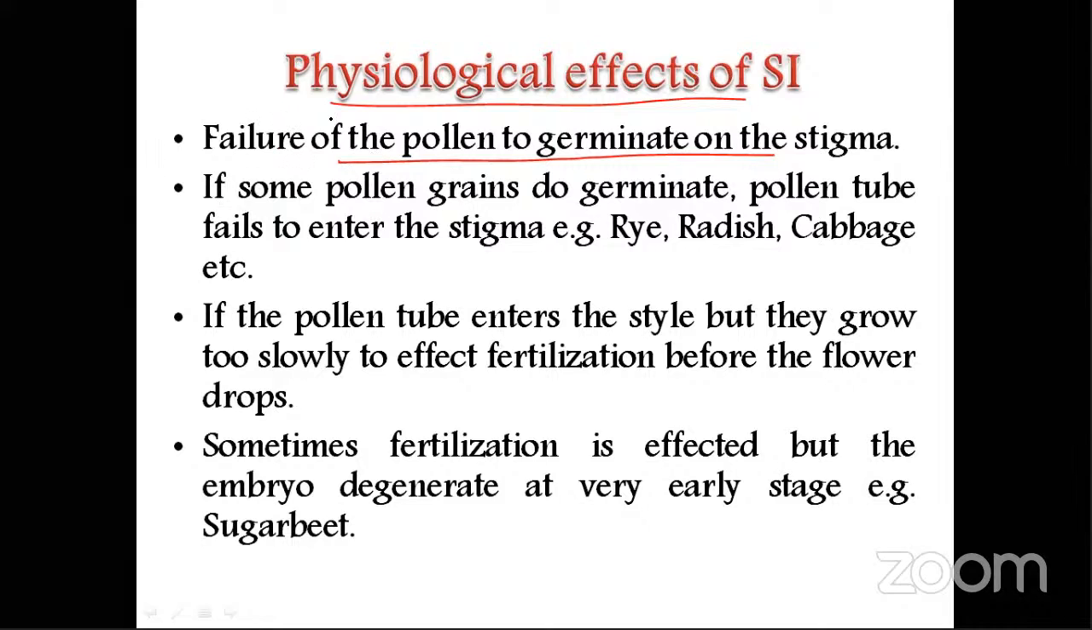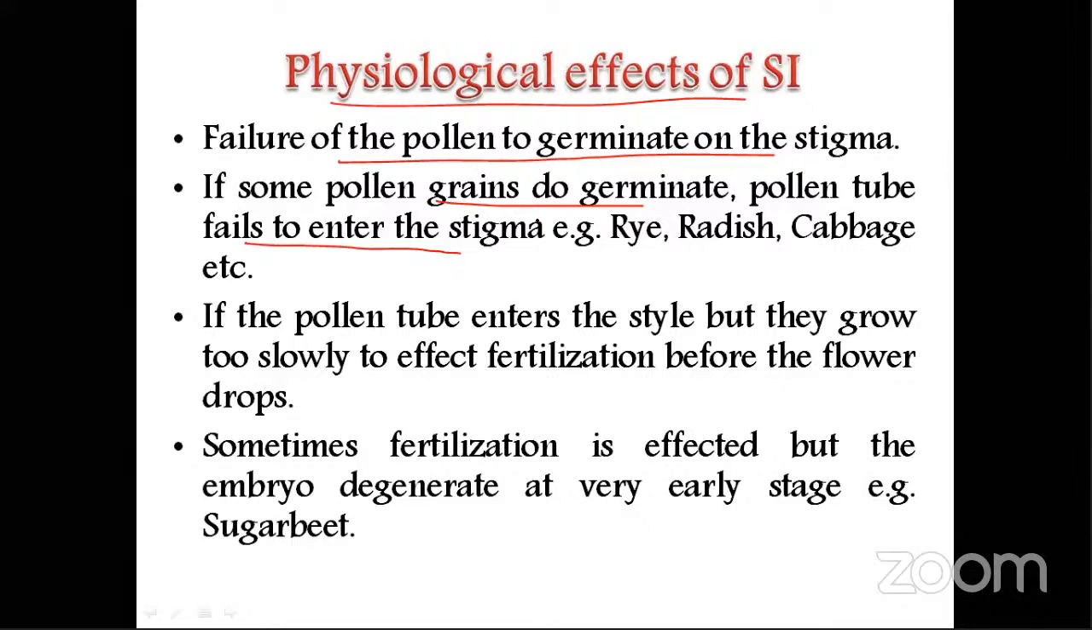That is the four stages I was telling you that I explained over here. If some pollen grains do germinate on the stigma, the pollen tube will fail to enter the stigma. Means the stigma surface actually provides hydration to the pollen. After that only, from the pollen, the pollen tube can originate. So if that sort of hydration is absent, pollen grains may germinate, but the pollen tube growth